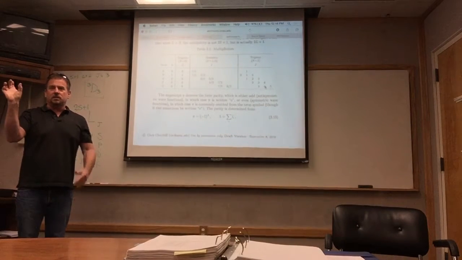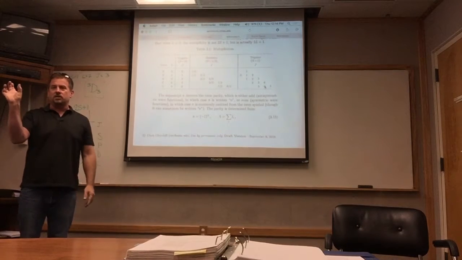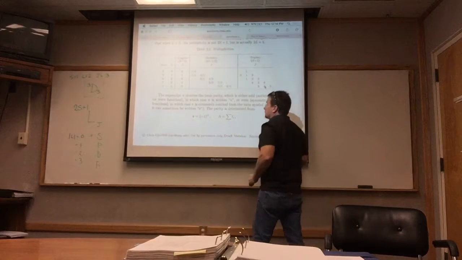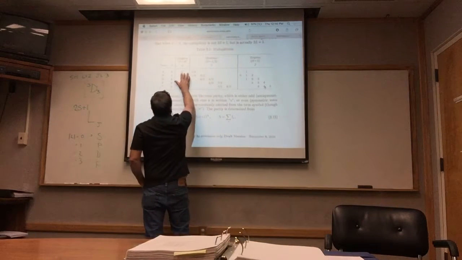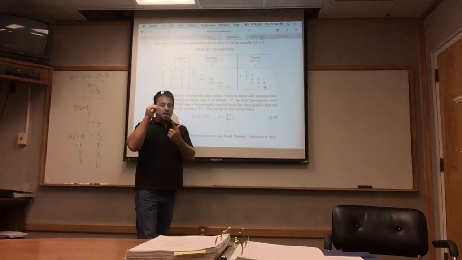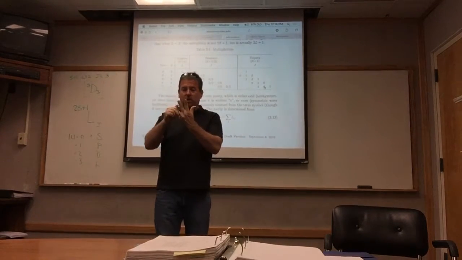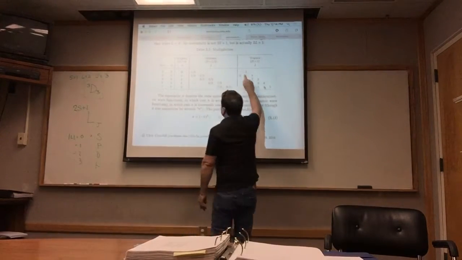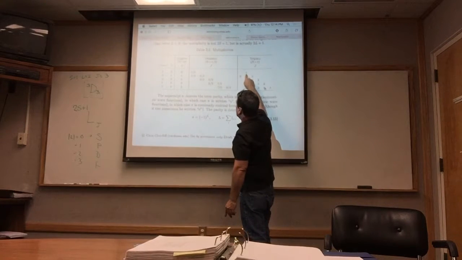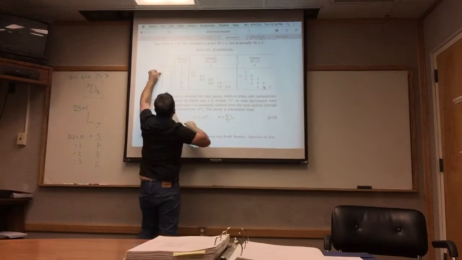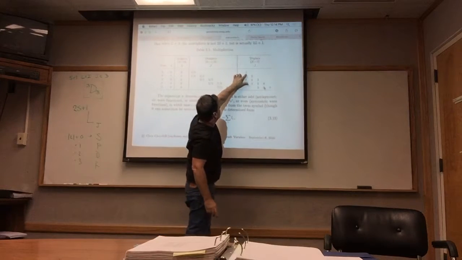So S equals 1. These all cancel out to 0. These last 2 add to 1. You can have up to 3 J states, because you can have L minus S plus 1, and L plus S. Except for the L equals 0 state, you can only have the 1,